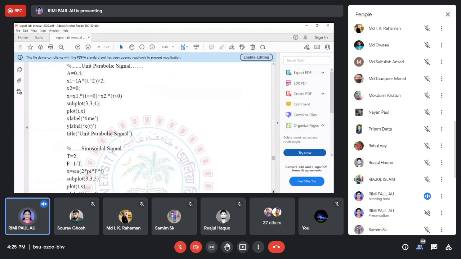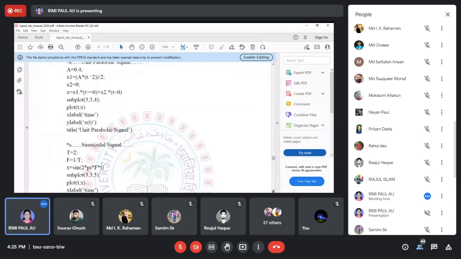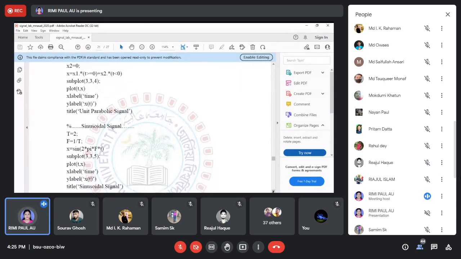And the sinusoidal signal, you know, A sin omega t. Okay, so it is not unit step. You can take any value in the sinusoidal signal, like 5 sin omega t, 1 sin omega t, 7 sin omega t, whatever. Here just sin omega t. So sin omega t means omega is equal to 2 pi f. So f is equal to 50 hertz.